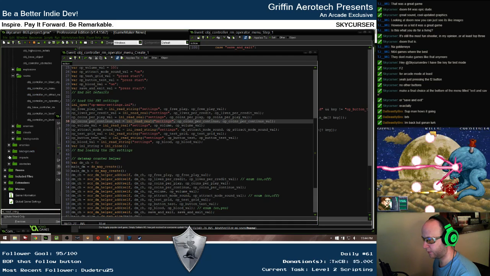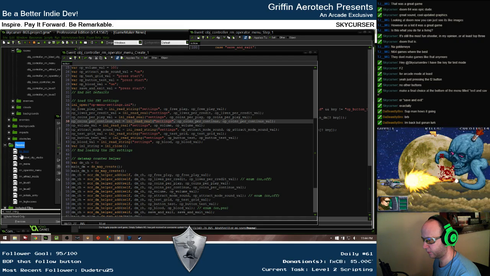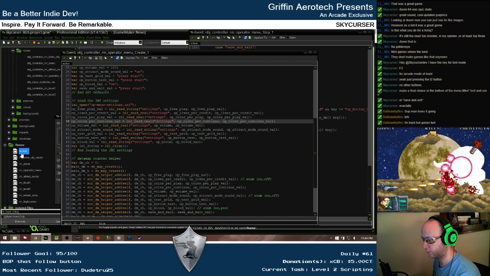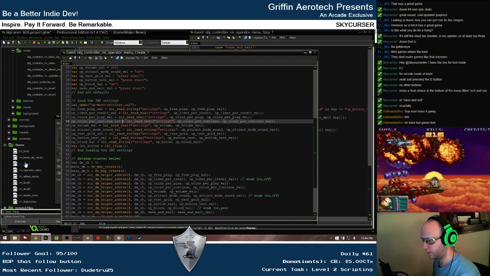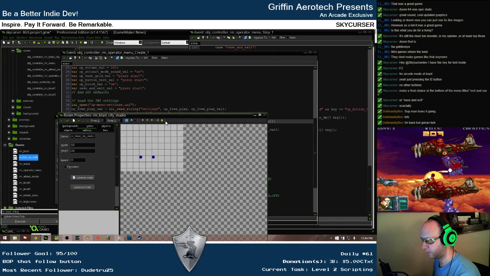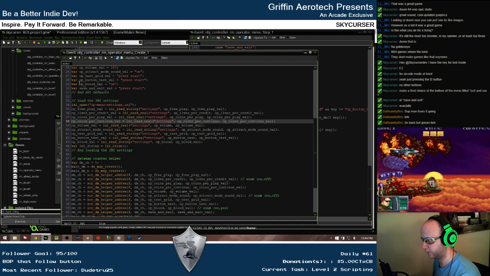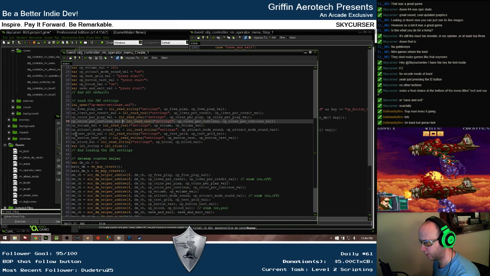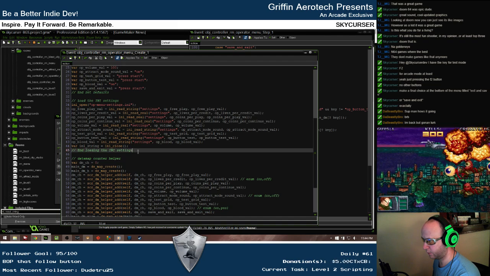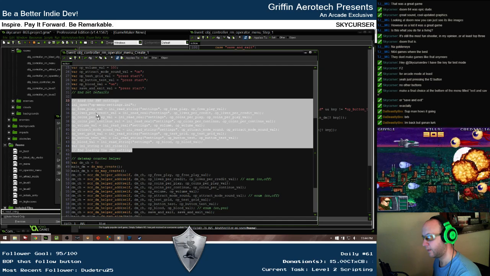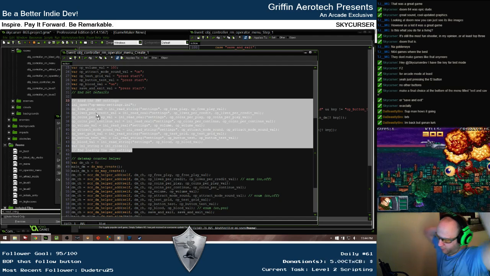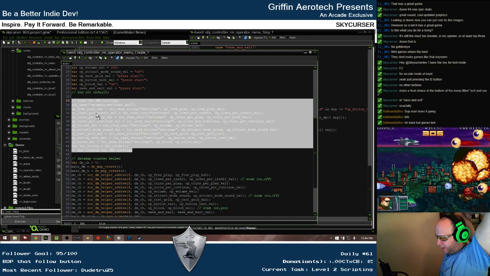Off the top of my head I don't remember, so I'm going to go look at the rooms because I think I've just got it in one of these rooms here. Not in the boot screen. Is it in the Blast City Studio screen? There it is. So as soon as Blast City Studio loads, we have the persistent controller. So when the persistent controller loads, if we load these INI settings, loading the INI settings there would make the most sense, because